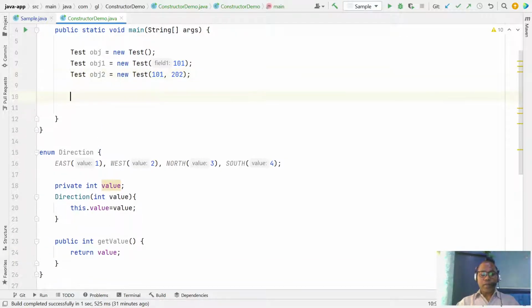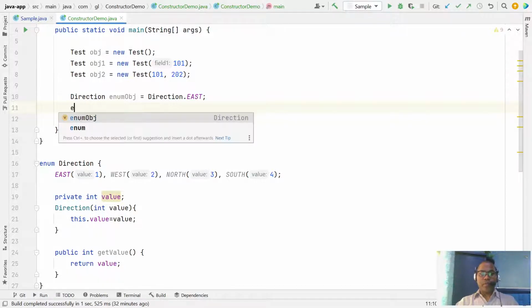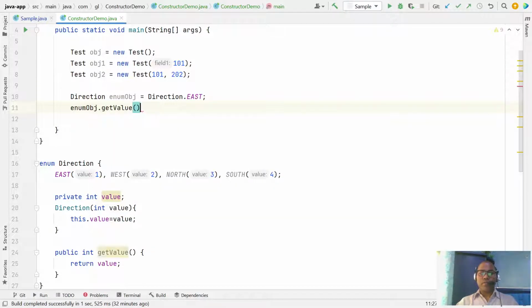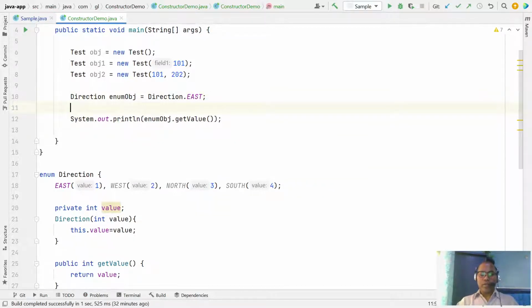So here you can create the Direction enum object equal to Direction.EAST. And now here you can check your enum object dot getValue as output, or enum dot toString.